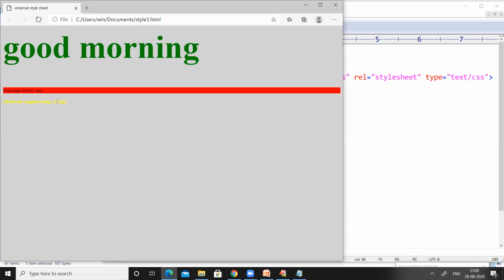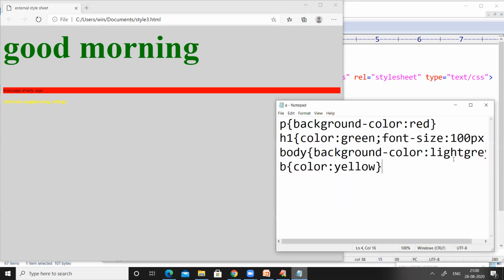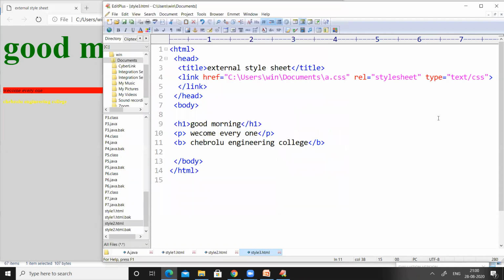If you observe, it was printed by using the B tag, and the color of the text is yellow because we have applied yellow color to the B tag in the CSS file. This is how we can use external CSS, right?